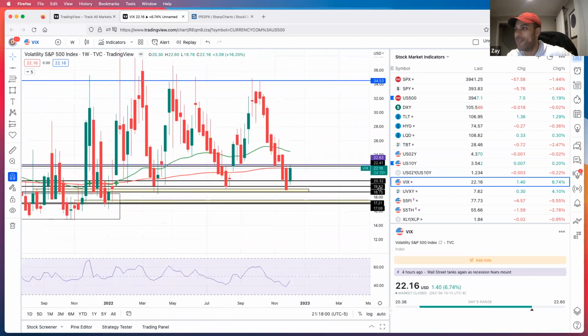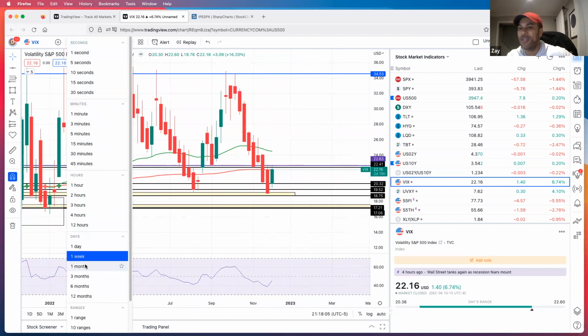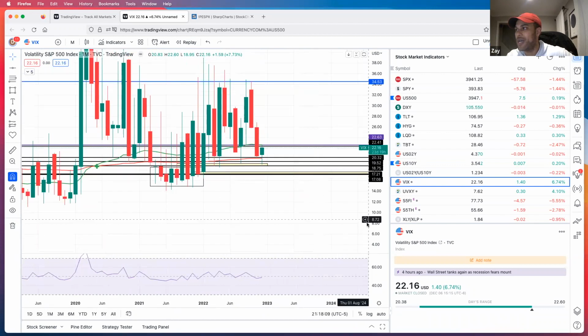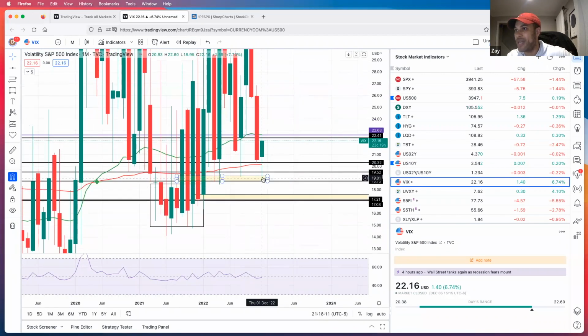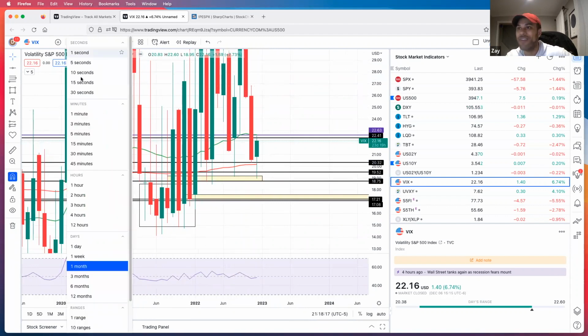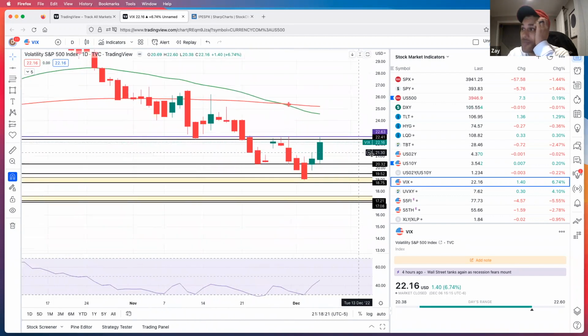So talking about the VIX now, I was saying how the VIX still looked weak, right? Now from a monthly, we did it. We got a sub 19 VIX. I mentioned that one too. I was like, we might get a sub 19 VIX. We went to 18.95. Remember that? So if you look here on a daily,